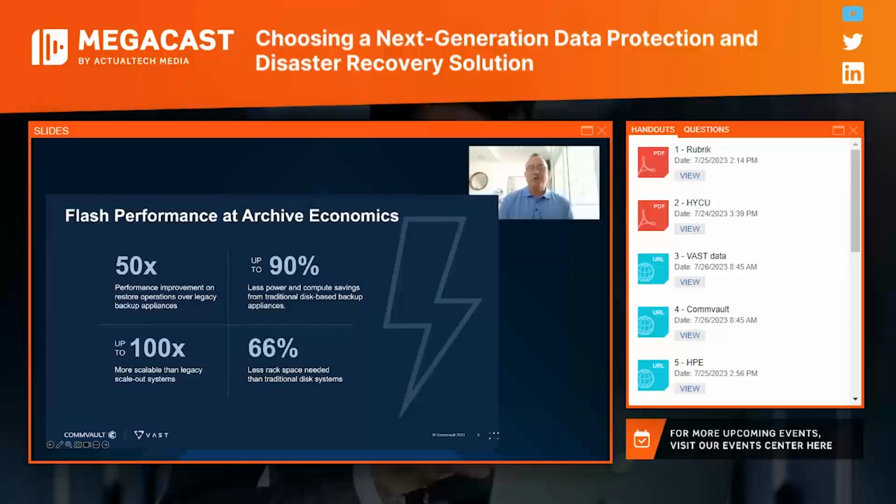When I talk about 100 times more scalable, what if you had one large system, multi-protocol, multi-use case, being able to be used for backup, recovery, on-premise, cloud, and it could be at exabyte scale in a single deduplication pool. Think about the savings that gives, but also the ease of use, the simplicity to maintain an environment such as that.